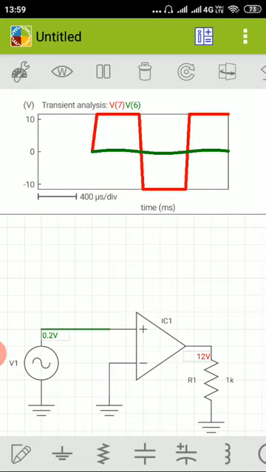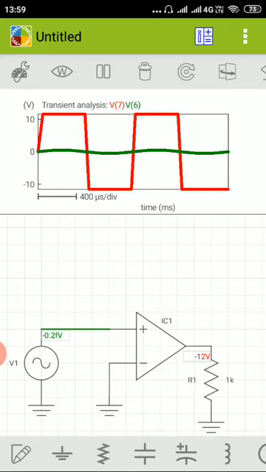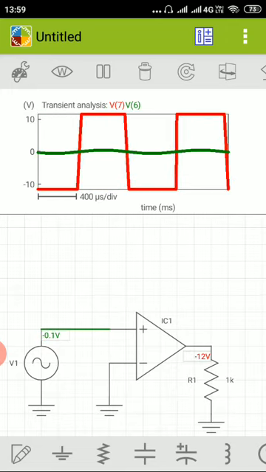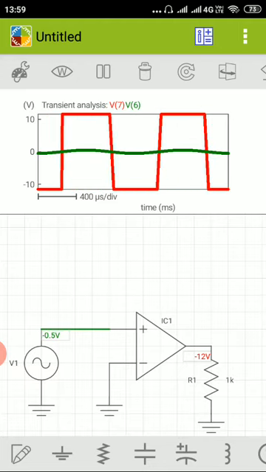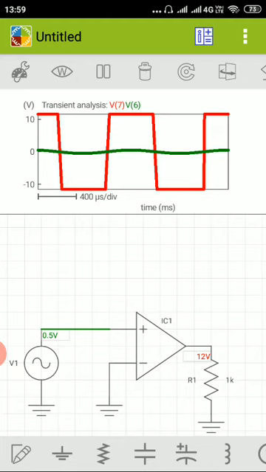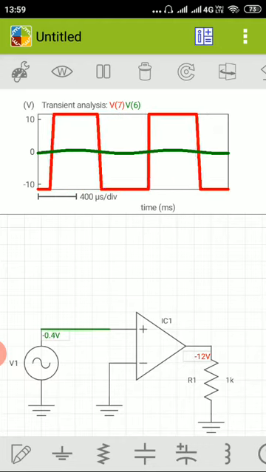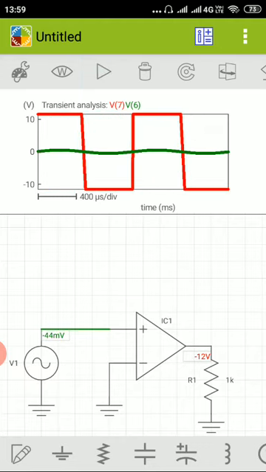See, once you click on the run button, you will be able to see the waveform. The input is a sinusoidal AC waveform and the output is a square waveform. At any point of time you can stop the waveform and analyze the nature of the waveform for a given input.